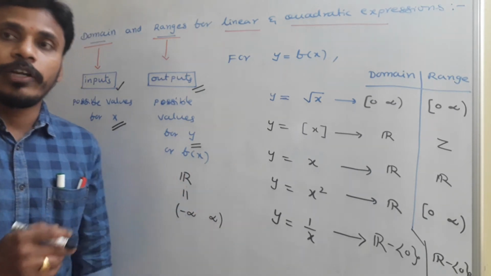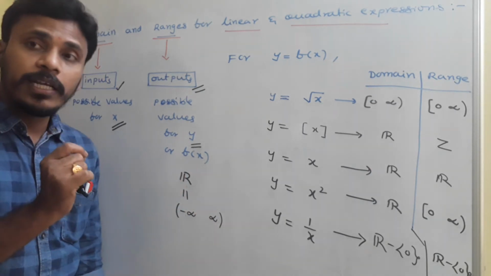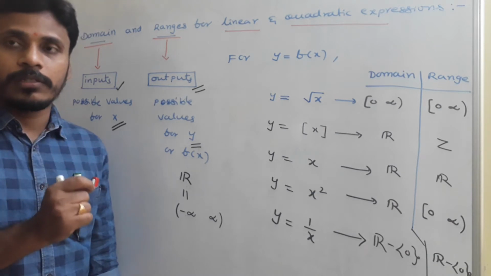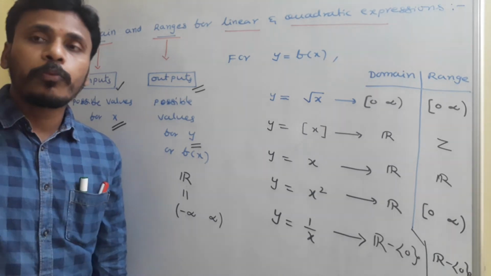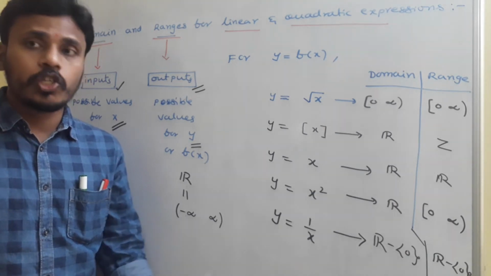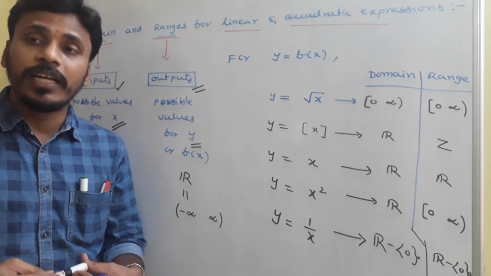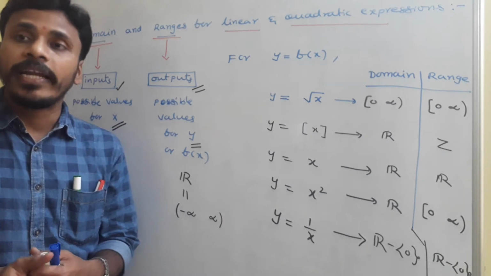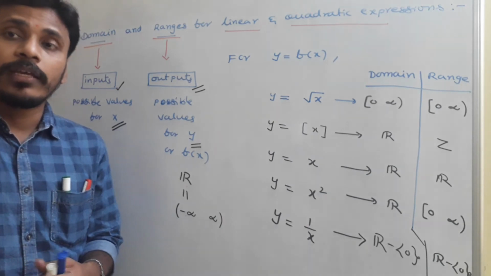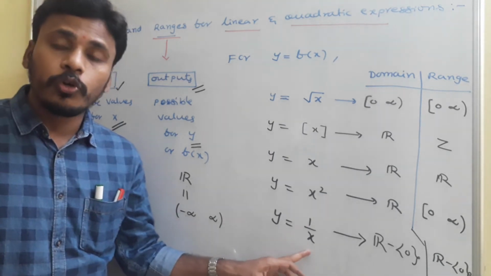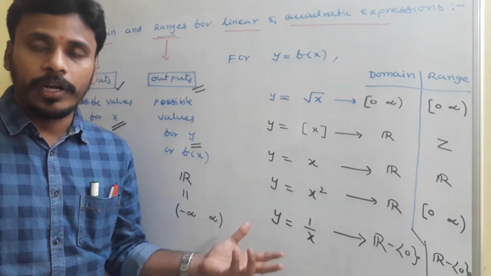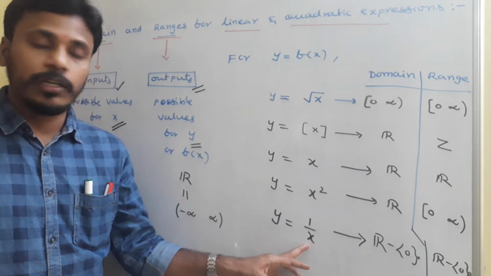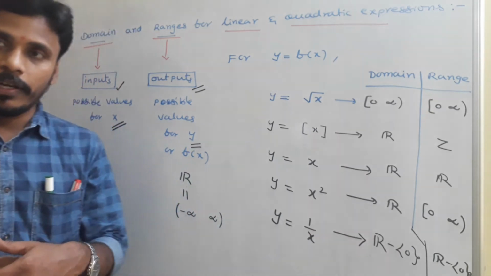I mentioned this in different parts. Infinity is not there in real numbers. Real numbers are up to infinity, but infinity is not there in real numbers, because infinity is an unknown large quantity, so we are not able to identify it anywhere. And that's why if you take x equals 0, you will get that unidentified quantity. So don't take that 0 here. So the domain is all real numbers minus 0.